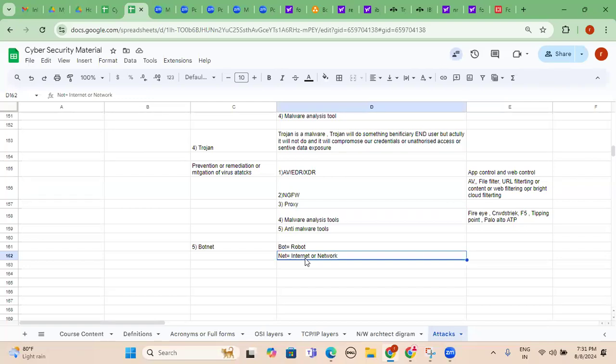So same thing here. The attacker will come through these scenarios: either through a phishing email, malware attachment, using spear phishing, or DoS or DDoS categories of attacks related to flooding. And finally, he will try to compromise either one system or more than one system. So that particular process we can call a botnet, or robot network.